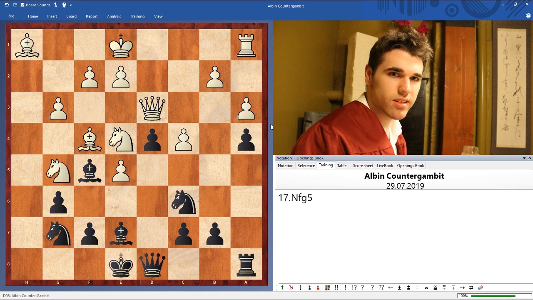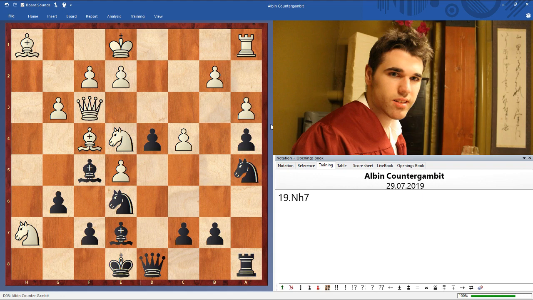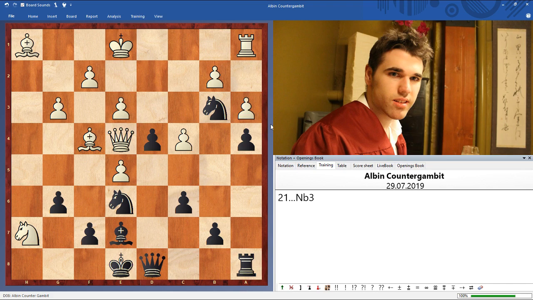So knight fg5 was played. But after knight a5, queen f3, and knight e6, knight h7, black takes, take, c6, and white blunders e3 because of knight b3, rook d1, and what do you think black plays? Queen a5,